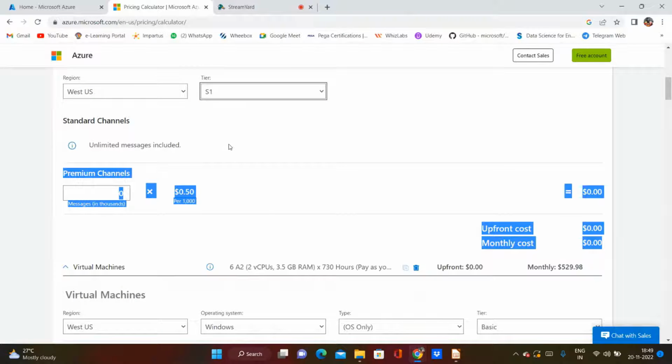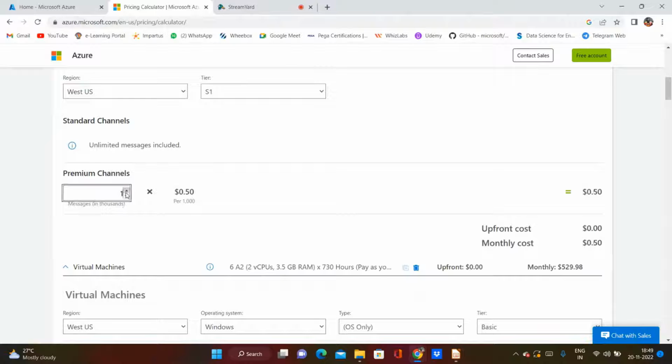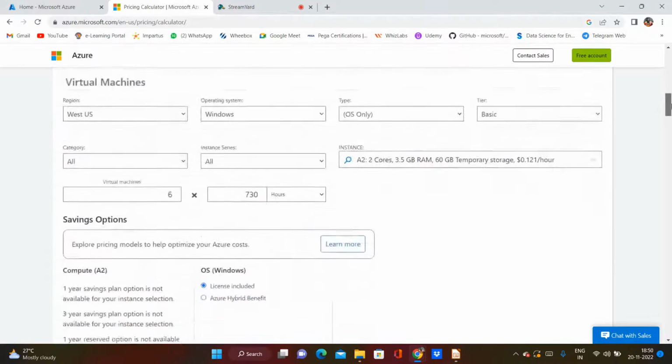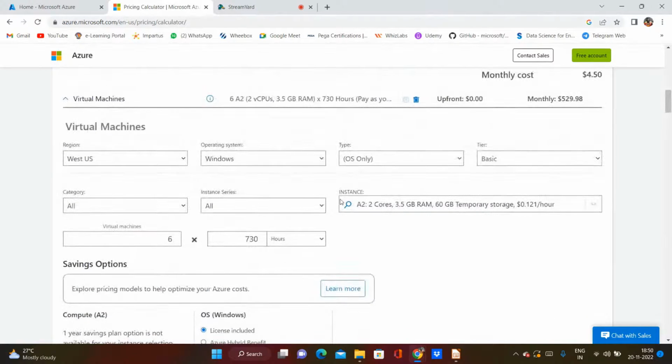And when you give the S1, it directly means that it would be mentioning the premium channels that you are actually going to use based on the plan that you have, and it would be calculating and letting you know the monthly cost that you are actually going to pay. And when it comes to virtual machine,